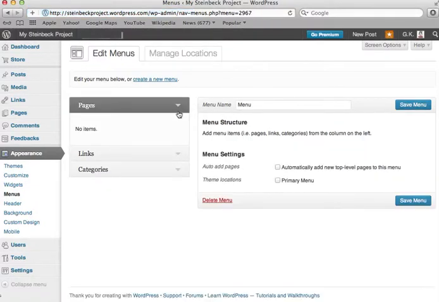Okay, now we can add pages, but as you can see I don't have any pages yet. Now that seems a bit odd because we already created some, but the reason that they're not showing up there is because we haven't actually published them yet. So let's just save that,